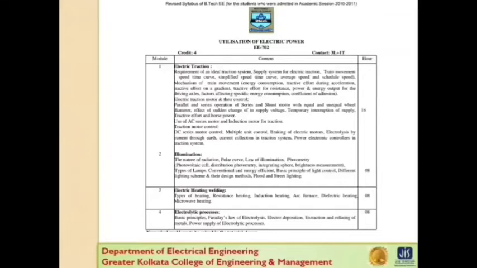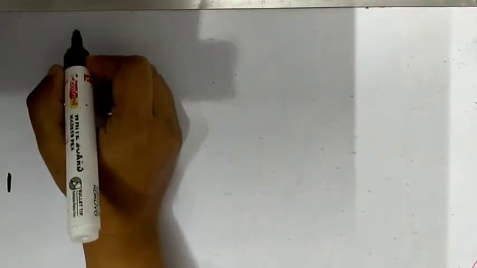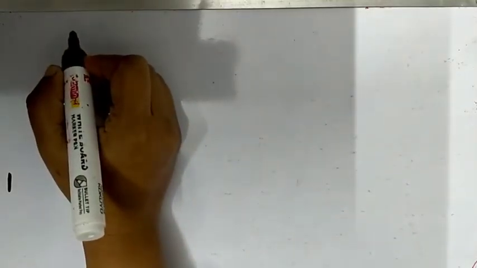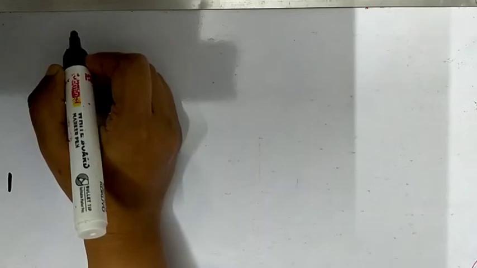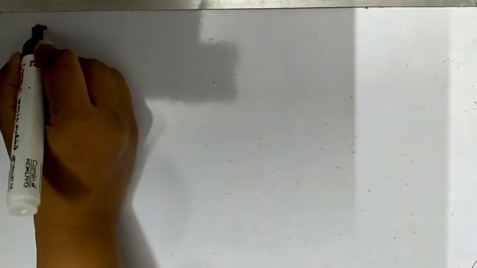This topic is included in module 3 of the subject Utilization of Electric Power. Subject code is EE702. This is the second part of resistance heating. In this video I will discuss temperature control of resistance furnace and design of heating element. So first,